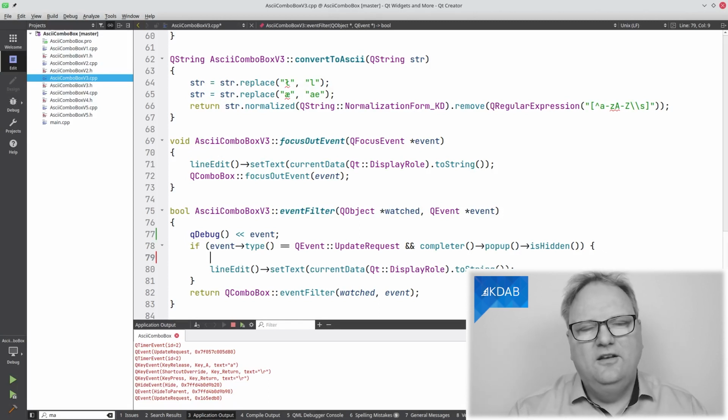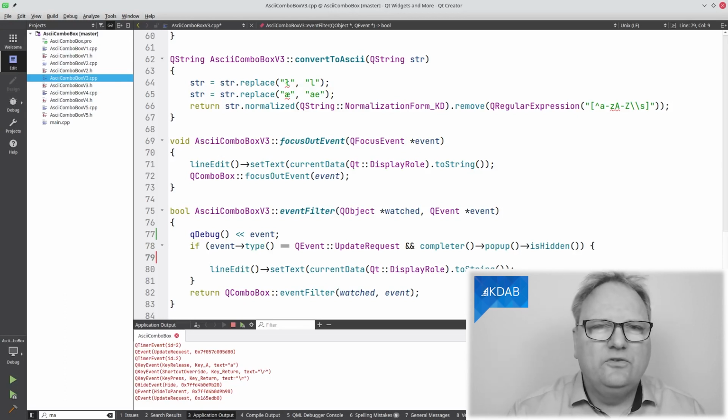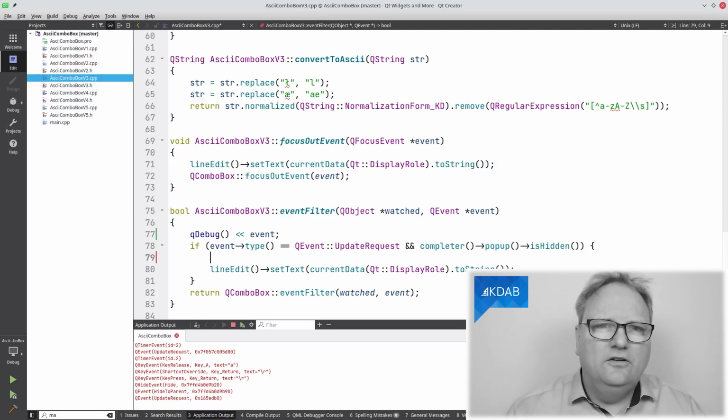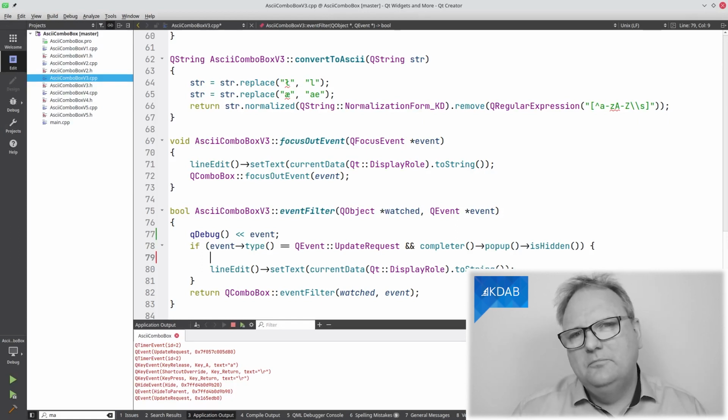That makes no sense, and yeah, it was just a workaround to try to find a solution to the problem at hand. I had this combo box, I really needed it not to show that weird text up there, and I found a way around, but sometimes that's not the right thing to do.